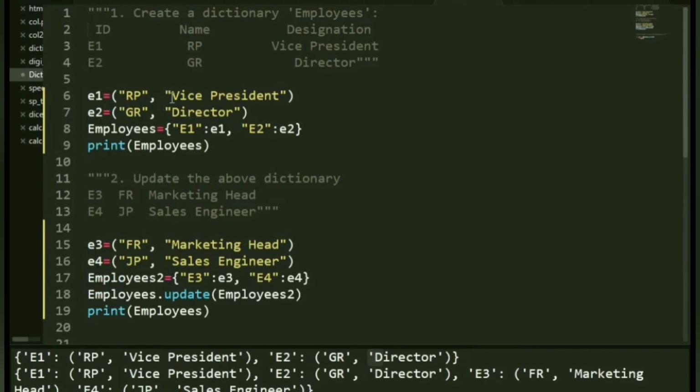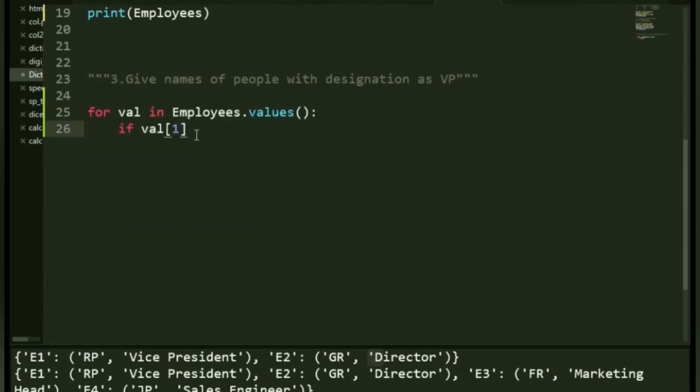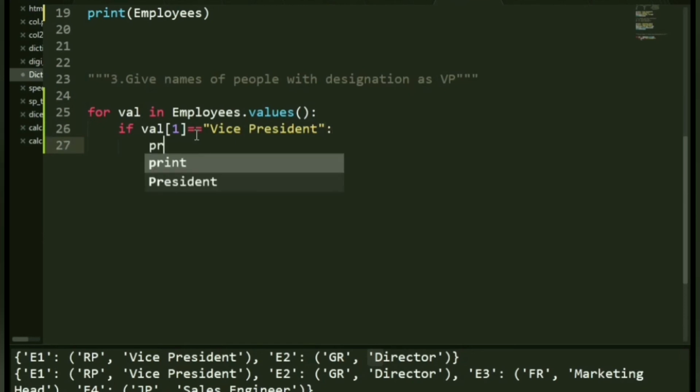So inside the tuple, the first position gives you the designation and the 0th position gives you the name. All right, so if val of 1 is equal to vice president, okay, then just print the 0th position. So we say print val of 0.